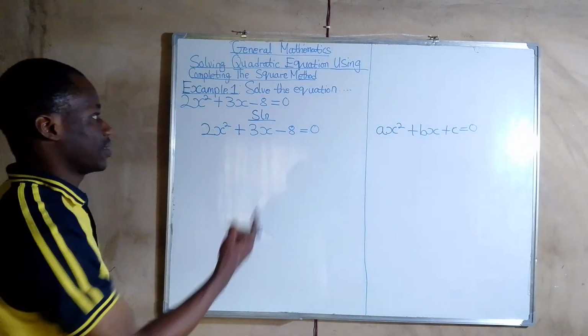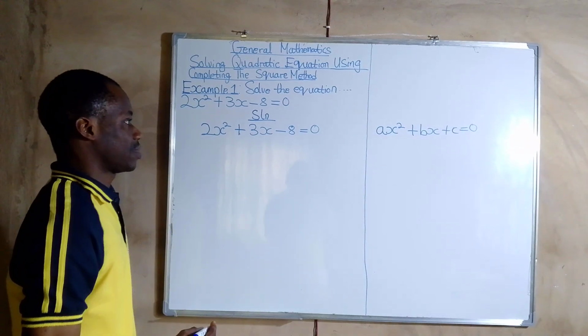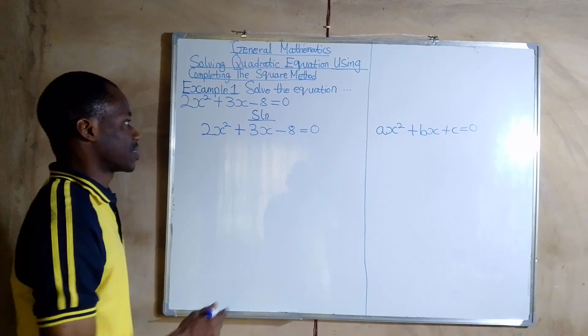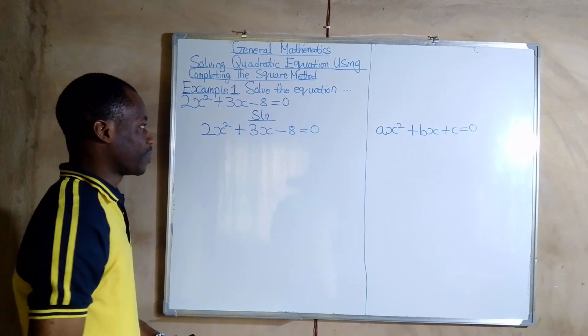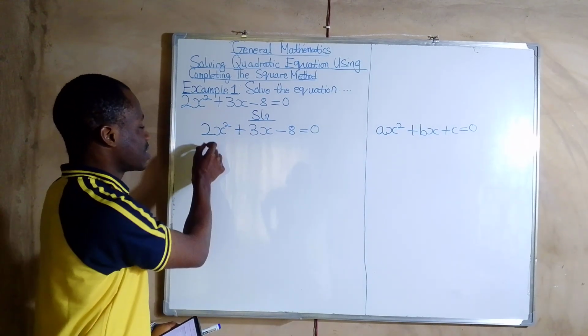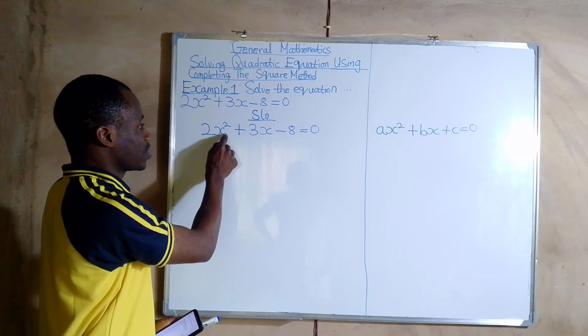Alright, so don't forget this. It looks like this. So now, the first thing we will look at is the ax squared. You see that this x squared is not a unity. What do we mean by a unity? The unity is that there's no number attached to x squared. So the coefficient of x squared here is